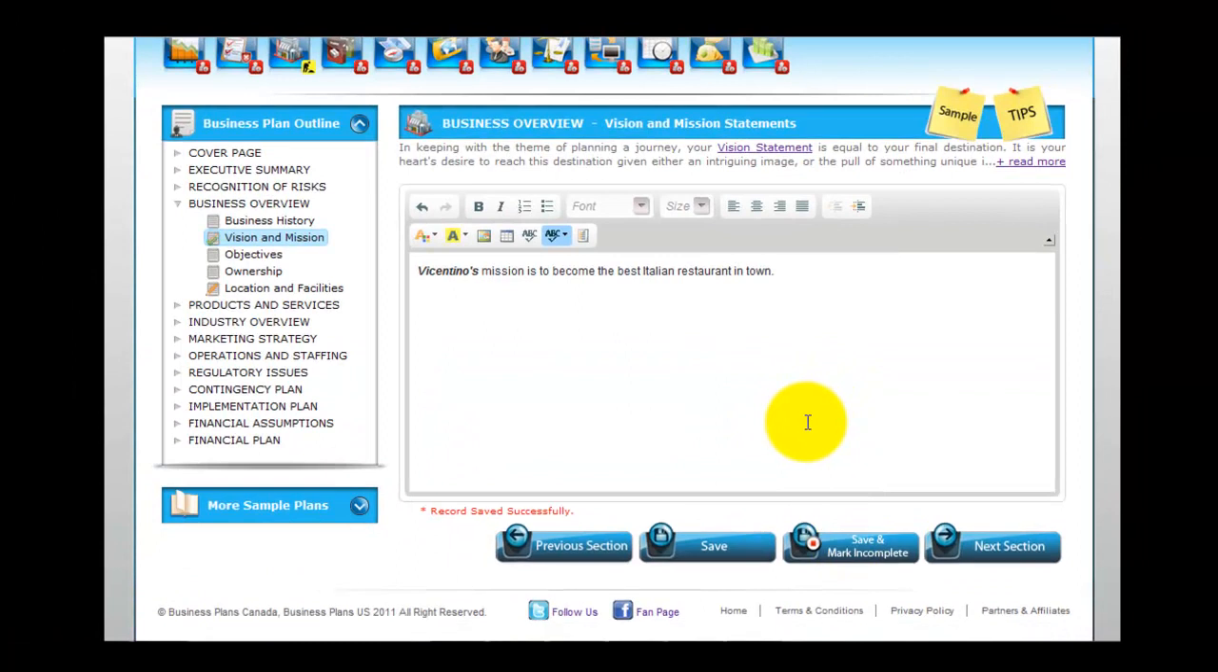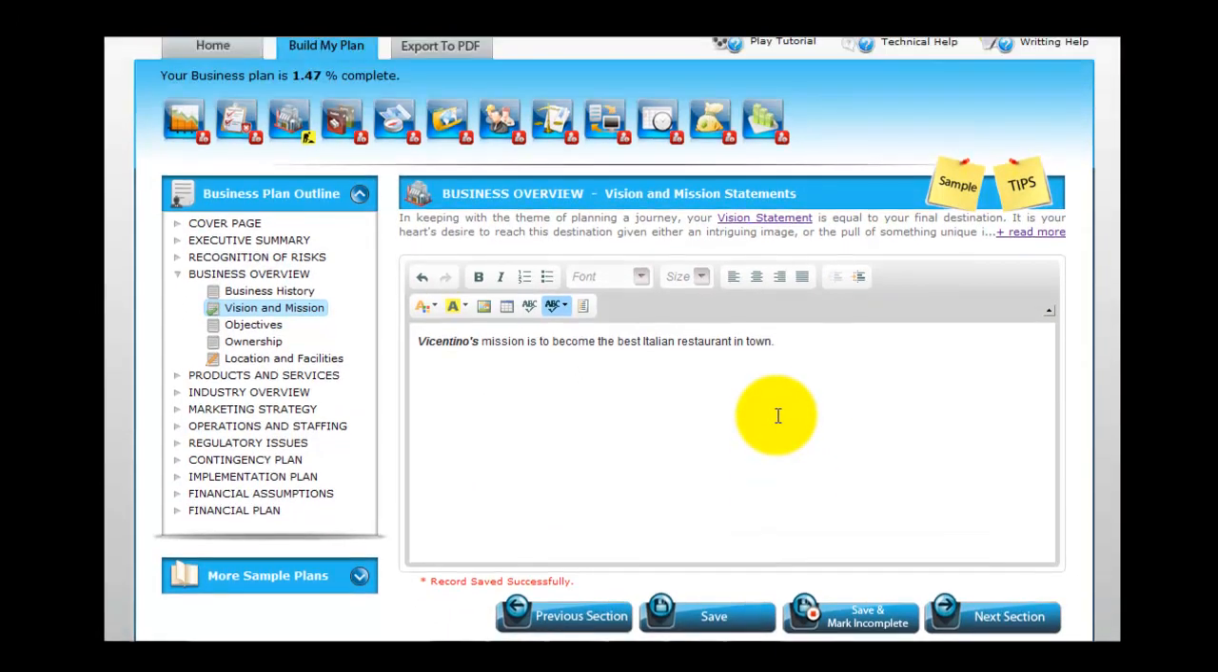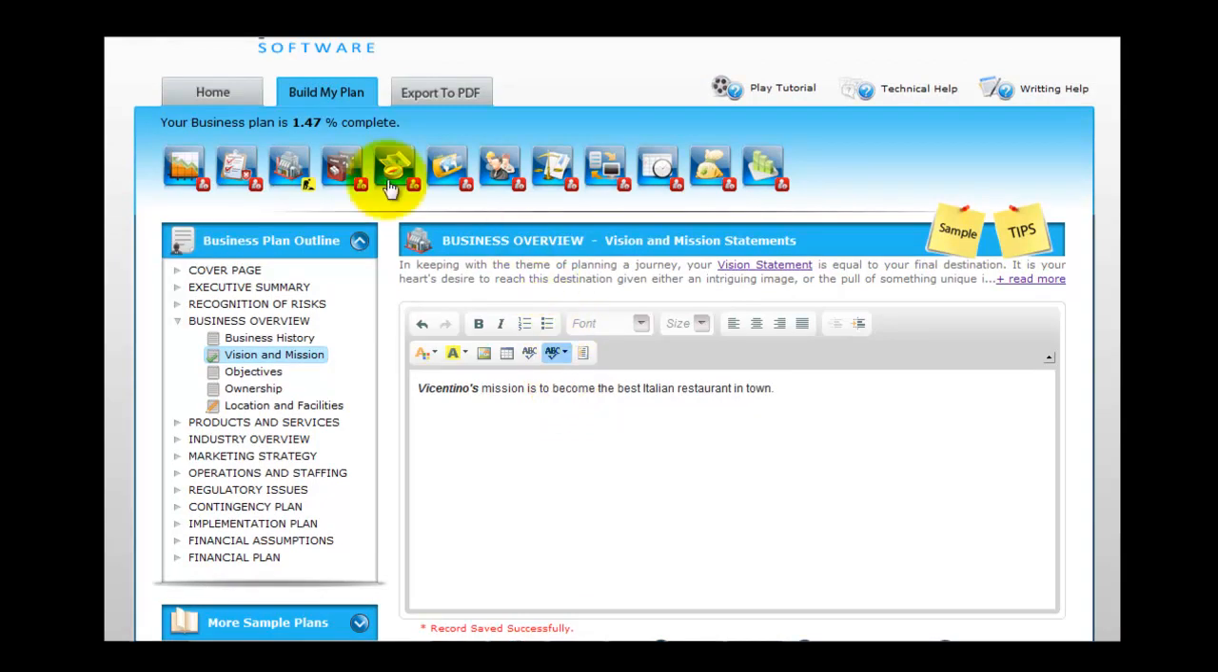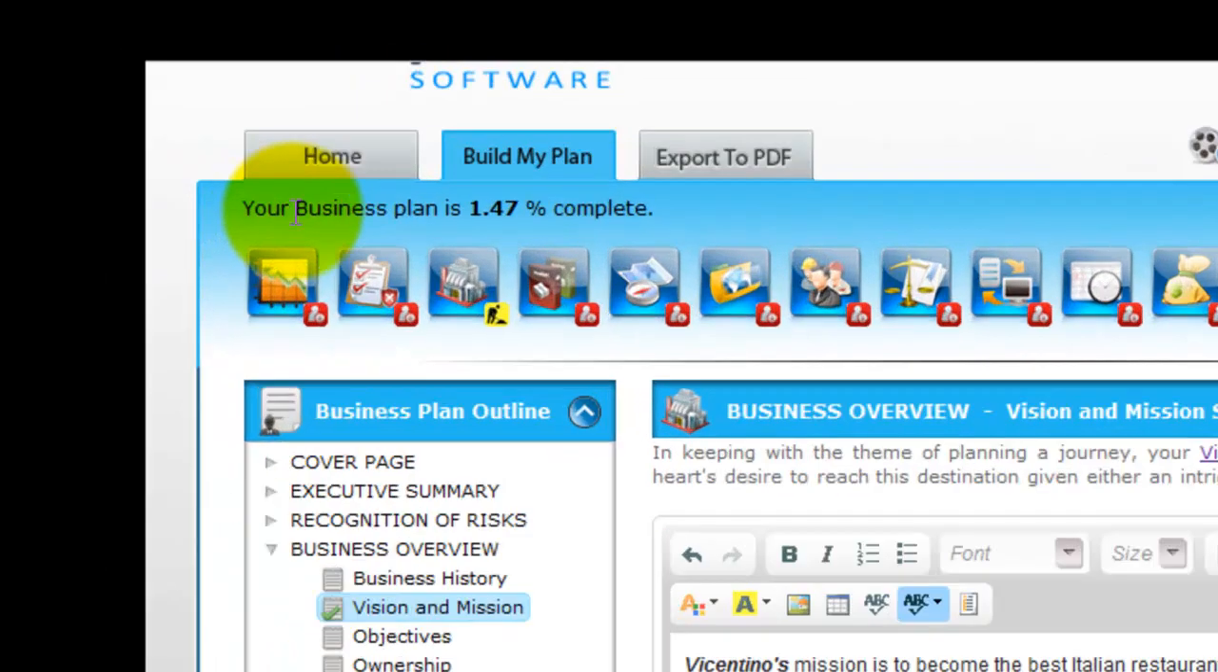However, this doesn't mean that you will not be able to change this in the future. You can actually come back to this section and mark it as incomplete again and continue working on it. I'm just saving it and marking it as complete so that I can see the overall progress of my business plan. And when I'm saying the overall progress, if you notice up here at the top, it says your business